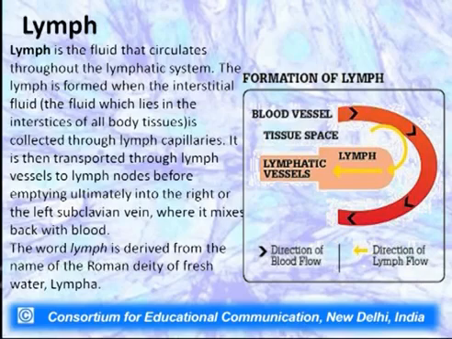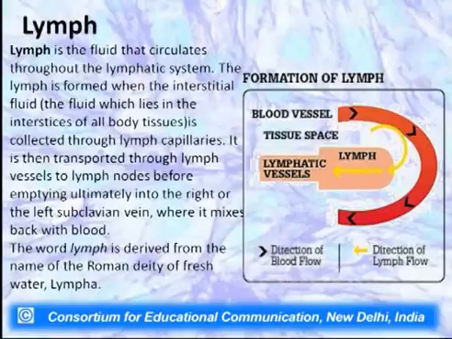Now this fluid which is present in the tissue surrounding the blood vessels is then collected through the lymph capillaries and then transported through the lymph vessels to lymph nodes, before ultimately being emptied into the left subclavian vein, where it is finally mixed back into the blood. Technically, whatever fluid is lost from the blood and has entered the tissue spaces, some of it goes back. The rest of it, which is now called lymph because it is minus the blood cells, will be